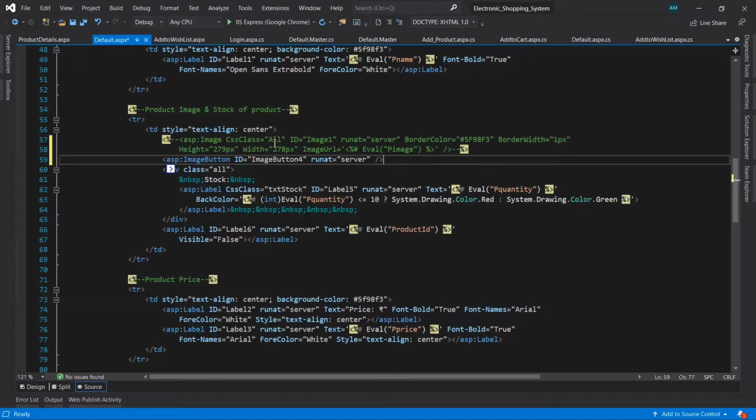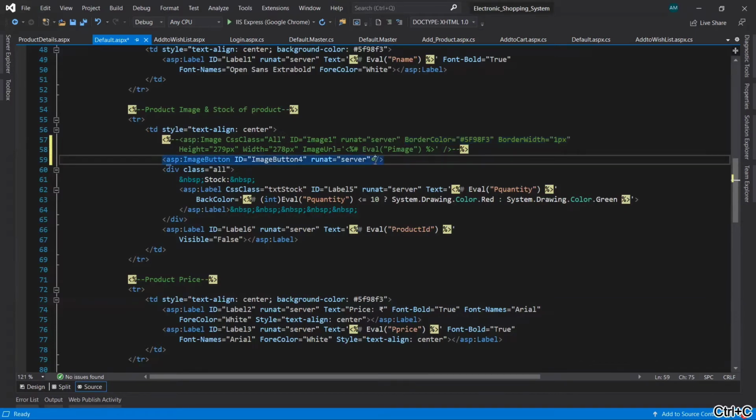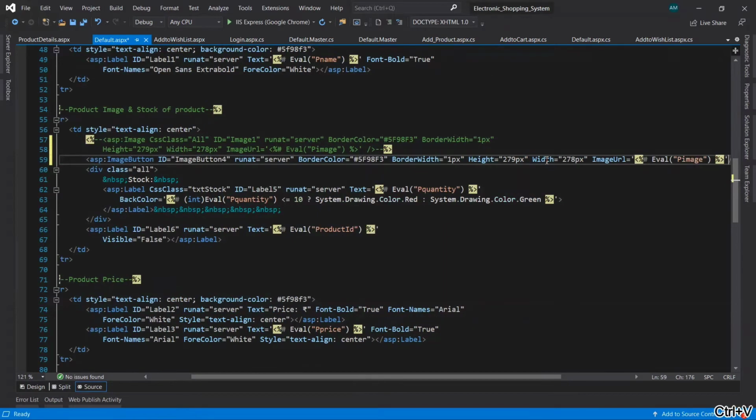So let's take the properties from the previous image control, that is the border color, border width, image height, width, image URL. Let's take all these properties from the image and paste them in the image button control.